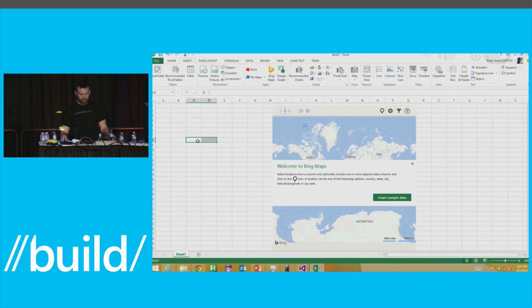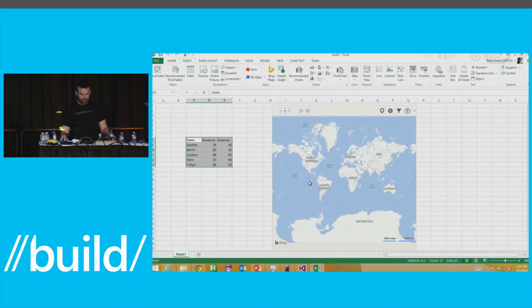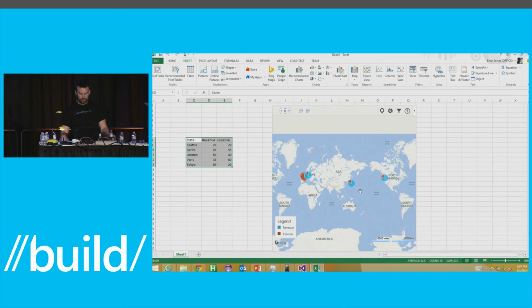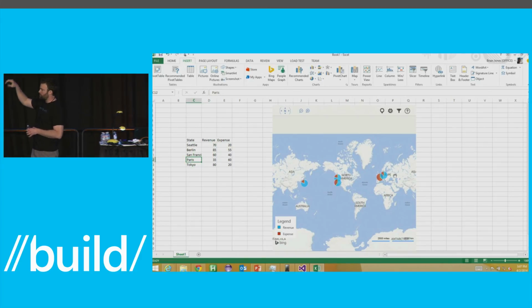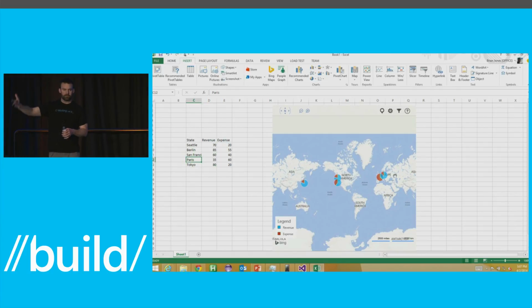It can talk to Excel, so I can say insert sample data. It's going to write some data into Excel. The app is now bound to this, and so if I change any of these values, let's say instead of London, I want to say San Francisco. Hit return, you'll see now the app updates and San Francisco shows over there. So again, it's just HTML and JavaScript running here. This time I'm in the Excel rich client, but Excel has a set of JavaScript APIs that are exposed to that app that let that app interact with Excel.